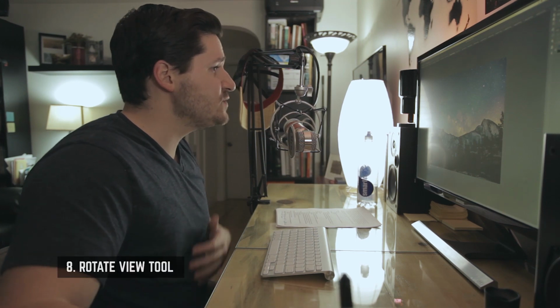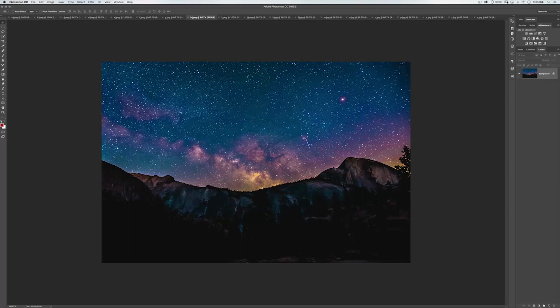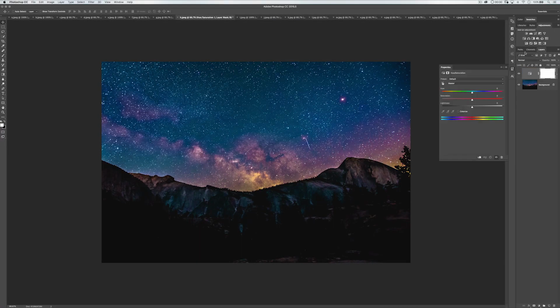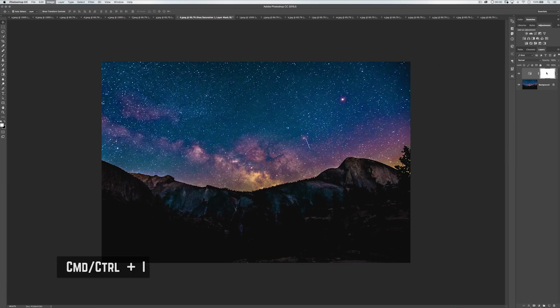Now, next up, I want to talk about the Rotate View tool. Rotate View tool is super cool. Let's say we needed to paint a line along the top of this ridge here. Maybe we change the color of the sky or something, and then the sky is now green and purple, or maybe that's not too realistic. Something like this. I don't know, whatever. And we flip the mask and make it solid black,